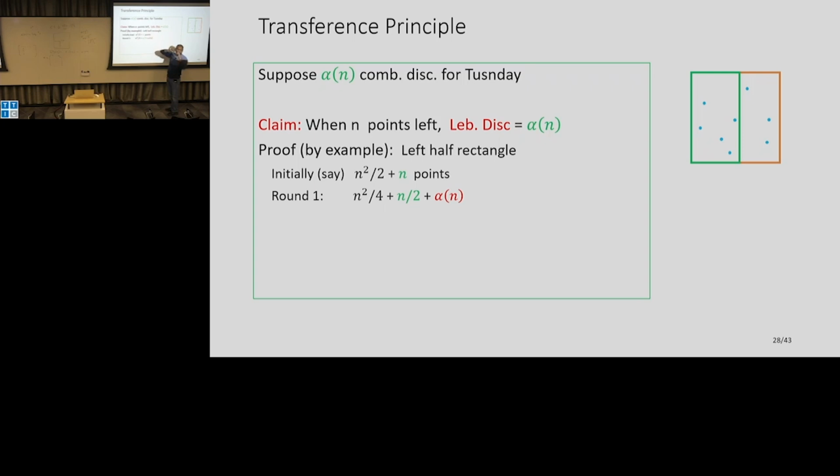Because that's what Tushnadi did: it colored the points red and blue, so that for every rectangle you have this miraculous property. So these points will halve. After round 1, I get n square over 4, this will become n over 2, and I'll get maybe an imbalance because of Tushnadi. But then I apply it again. I take that distance, apply Tushnadi again. So this thing will now halve, maybe I'll get a new error in that round, and so on and so forth.